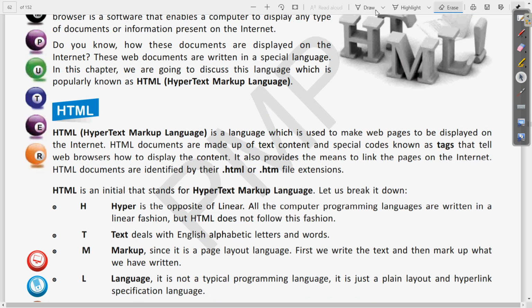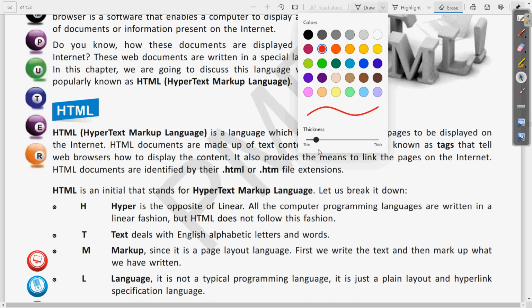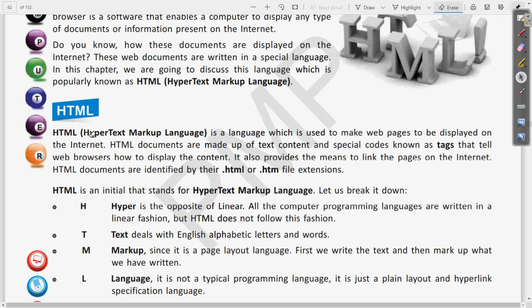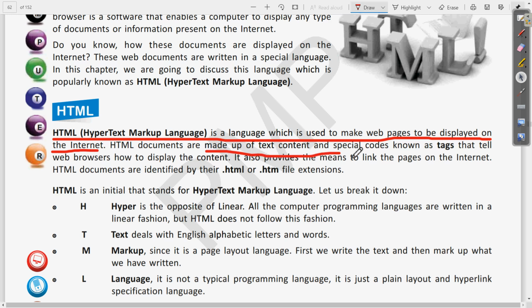We can write the answers point wise also. Like, HTML is a language which is used to make web pages to be displayed on the internet. Okay, then we can write one more: HTML documents are made up of text content and special codes known as tags.